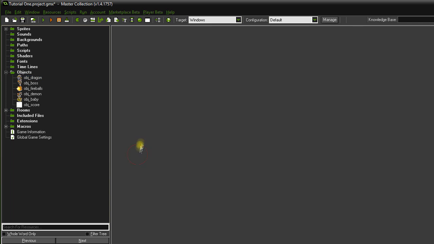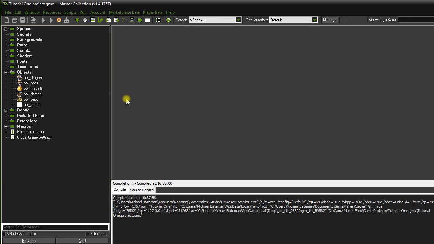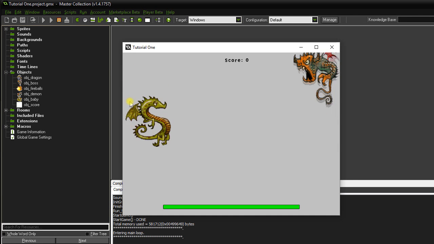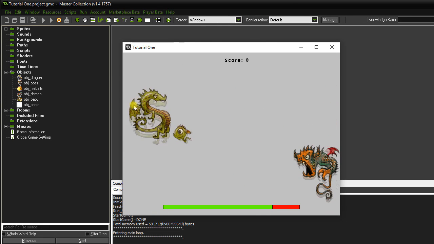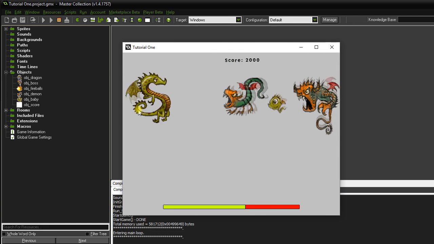Okay, I think that should be it for the health bar to be working, so let's see how that goes. Hopefully it will be displayed down the bottom, and when we get hit by a demon it will take 20 off of it. So we've got a green bar which represents 100. So if we get hit by a demon, should have let him hit me, so we hit that one,